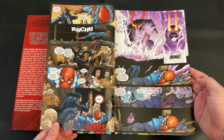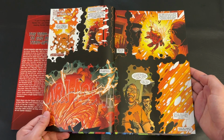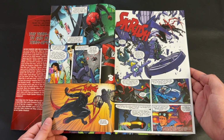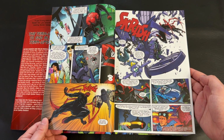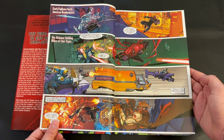I think I've heard that you can read it as a standalone and it gives you what you need to enjoy it. I've heard that it incorporates characters from the JMS run on Spider-Man, which I've read once upon a time. So I'm sure I wouldn't be too alienated just reading it, but I'm not sure, again, what I want to read to prepare for this